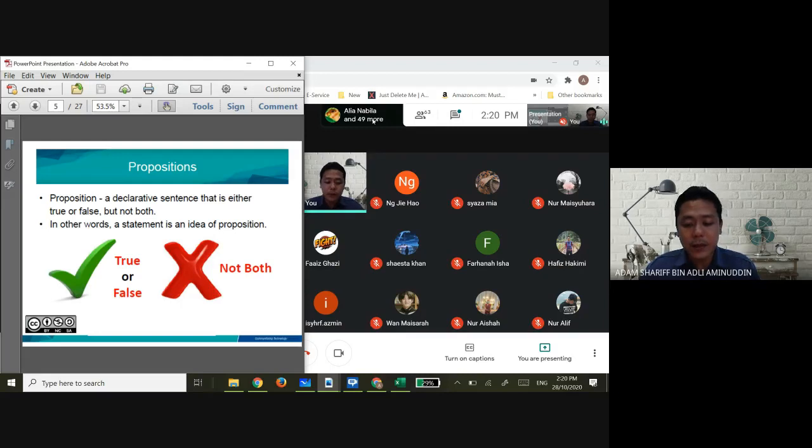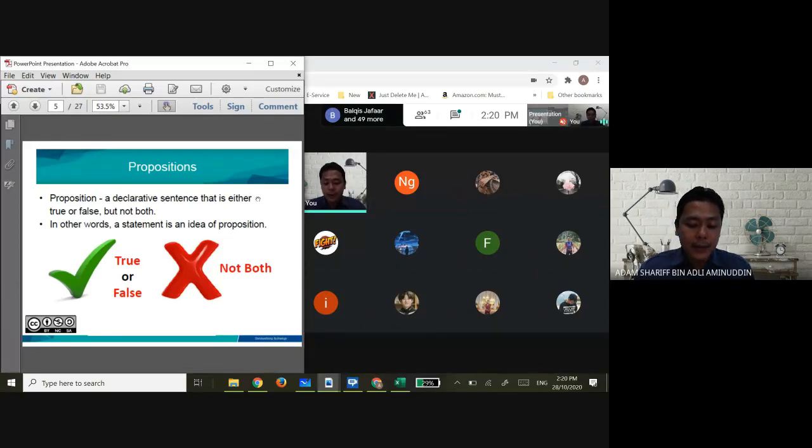Right? So in order to do that, in order to evaluate the arguments, we must start first with what is actually a sentence, a proposition, a statement. Kita kena start dengan penyataan. Okay? Proposition is a declarative sentence that can be answered either by true or false. Cannot be both. Choose one. True or false. Okay? There are many a declarative sentence which is actually not a proposition.